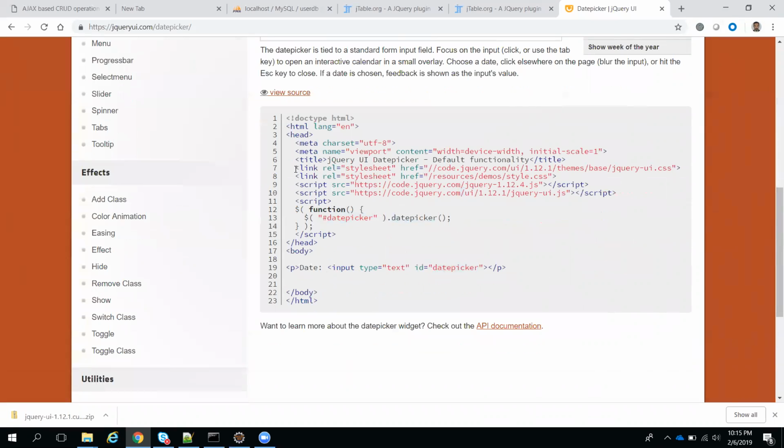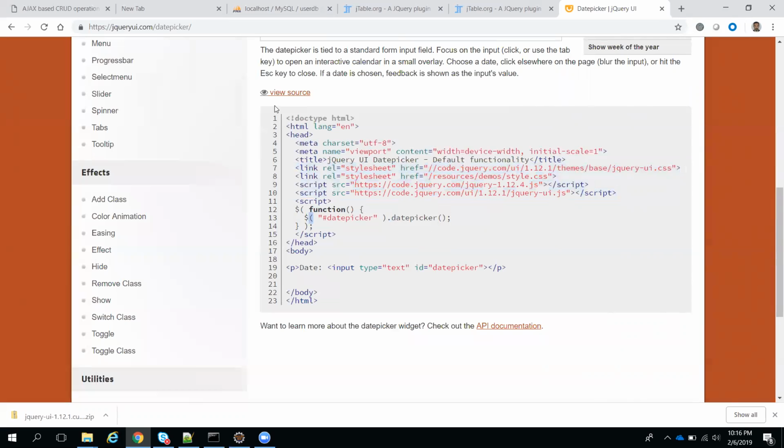So this is the main important thing. It contains all your functionality. This plugin contains your major functionality related to the date picker. Suppose you have not included these files and you try to use the datepicker method, it will say datepicker is undefined. Suppose you have not included jQuery, it will say dollar is undefined. In the browser console you can see these errors, which means you have not loaded some of these files properly. Because of that you will get undefined for datepicker, undefined for dollar and so on.